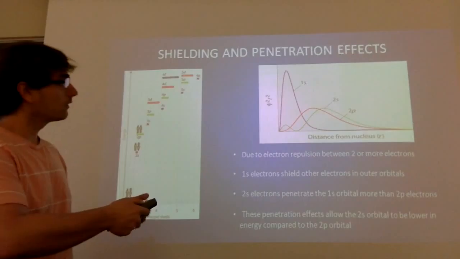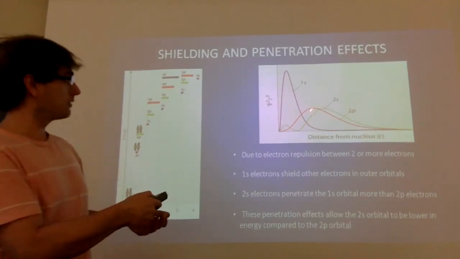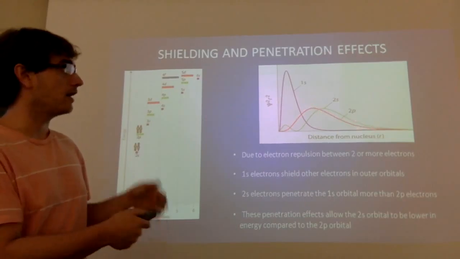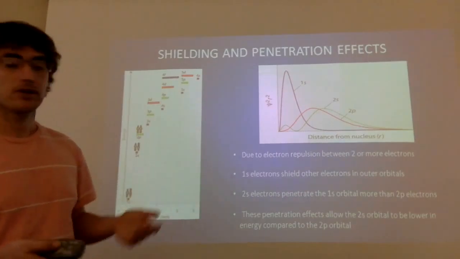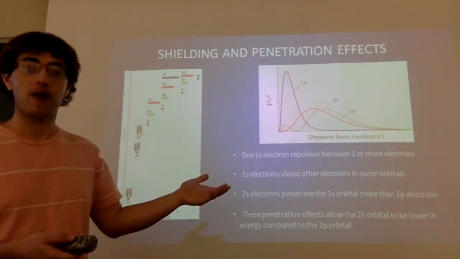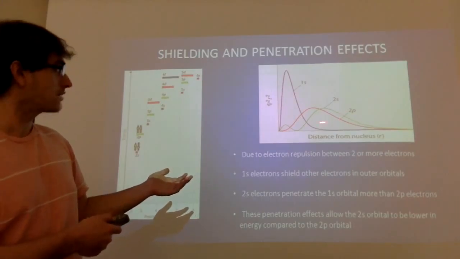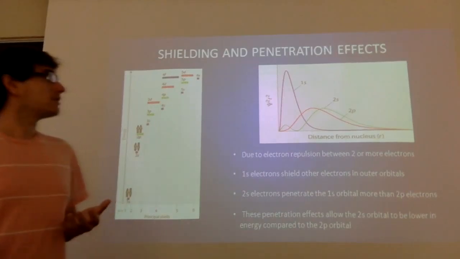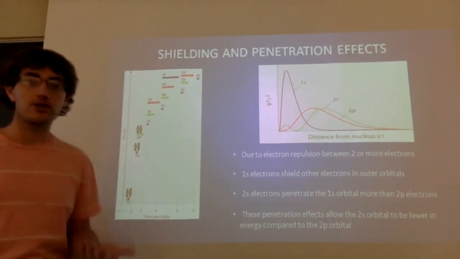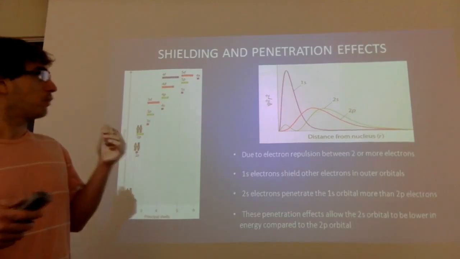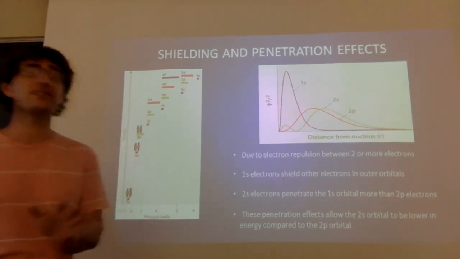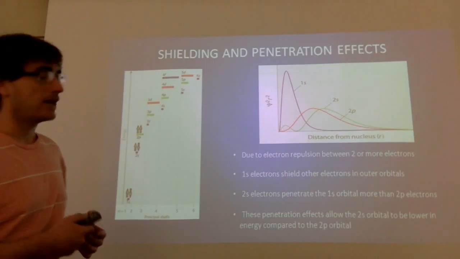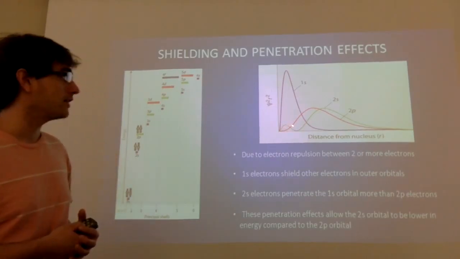Now, if we look at this 2p profile, it's actually closer to the nucleus. Its maximum probability, look right there, is closer to the nucleus. Now, this might lead one to believe that the 2p orbital has less energy than the 2s orbital. But this is not the case. If you take a look here at this little hump of electron density that's located very near the nucleus